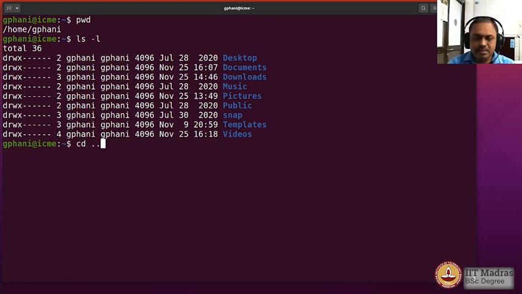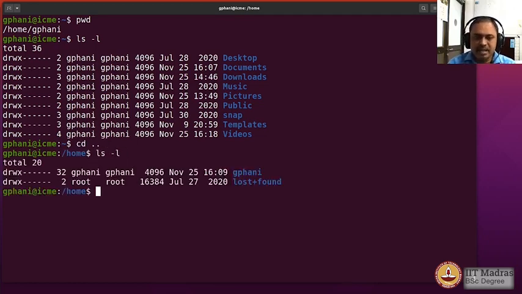So I go cd .. and then type ls -l, and we see that for the folder which is named after my username, the permission string says rwx for the owner. The owner is same as my user ID, and the w says that it is having write permission, which means that I can create files or folders within my home directory, which is expected.